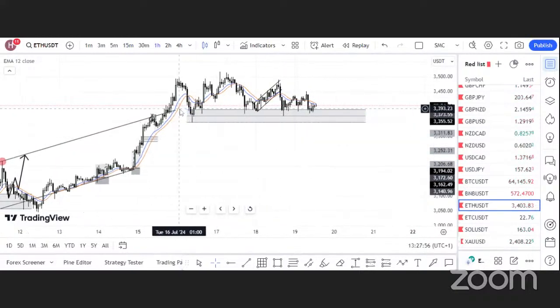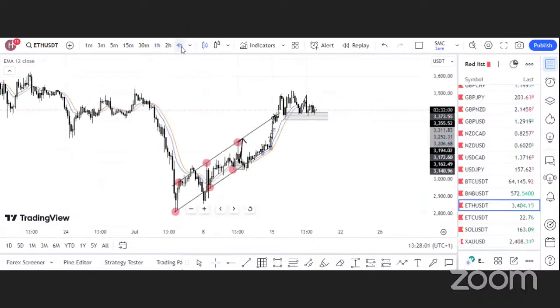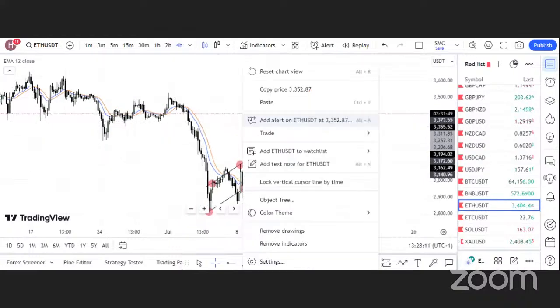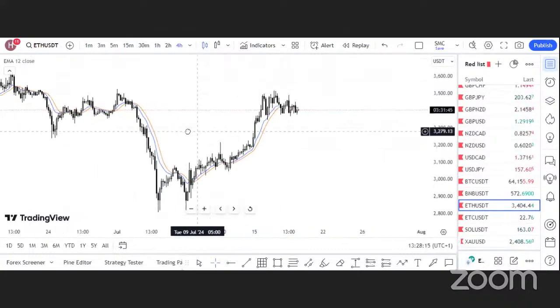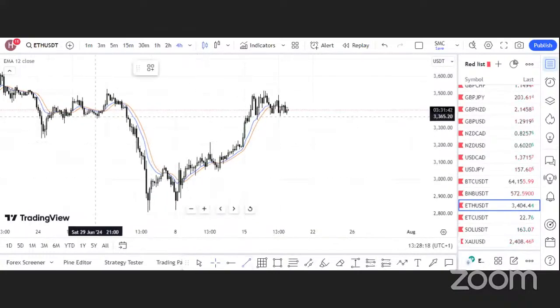All right. So we are on Ethereum USDT. Let's go to the 4 hour time frame first. Let's start our analysis from there. Well, let's make fresh analysis. I think this market is